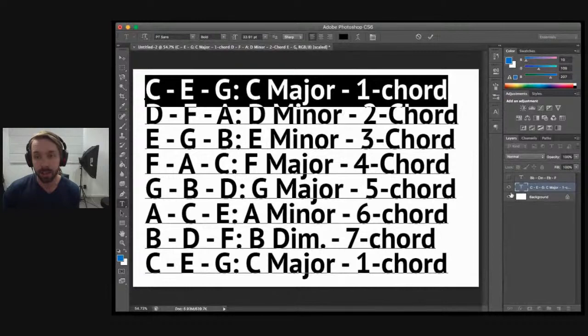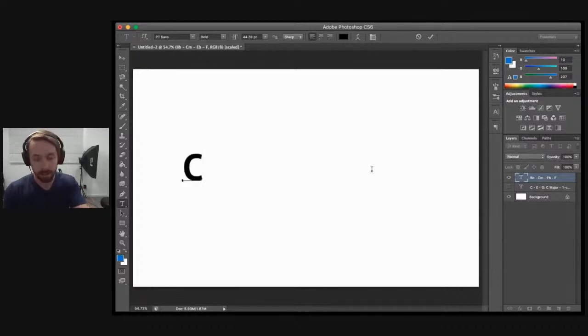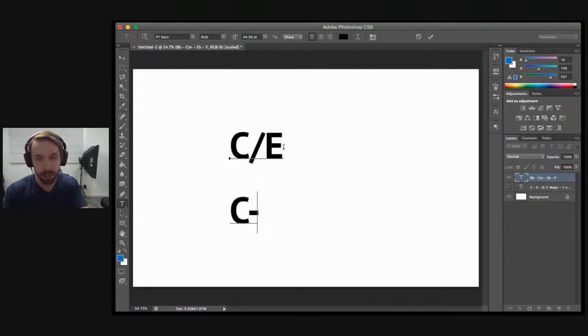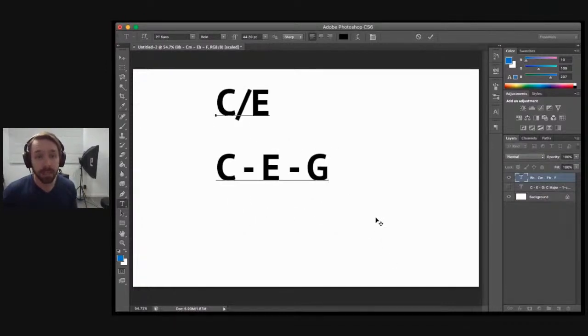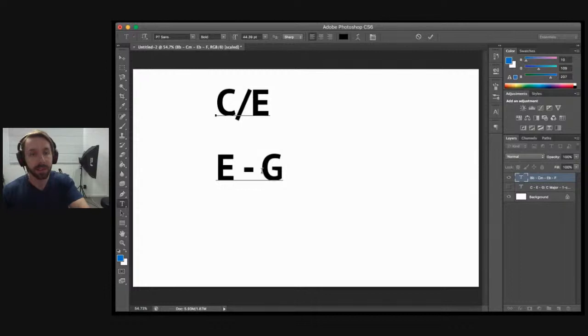So instead of playing just a regular C major chord, we'd get C over E. This kind of thing happens a fair bit. In a regular C major chord, you just have C, E, and G. But the important thing is that the C is on the bottom. So as a bass player, you're playing a C the whole time, and the C is the most prominent low sound. In a chord like this, where it's a C chord over an E note, it gets moved around a little bit. Instead of the C being on the bottom, we get the E being on the bottom. It sounds more like this.